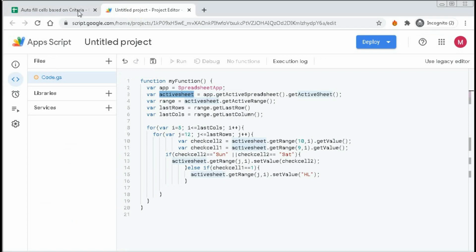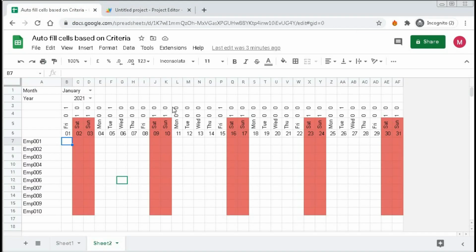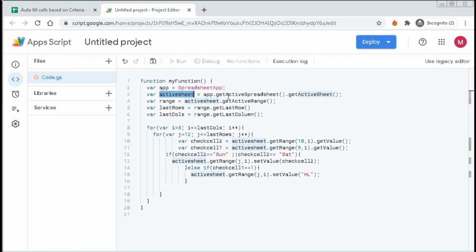That means this is the sheet we will work on. These are the two sheets, and we are now working on this sheet. So this is the active sheet.